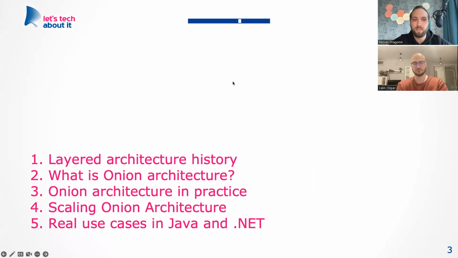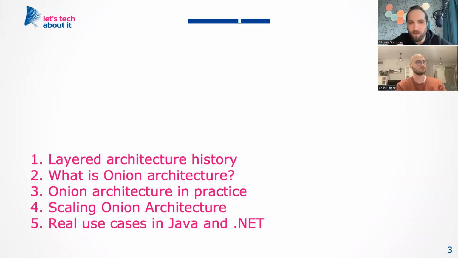So the way we are going to approach this presentation, basically we'll start with a bit of context, mostly how layered architecture evolved over time. And then we're going to go through some details of what onion architecture is in theory. Of course, the theory is not the same as the practice. So if you later on decide to use the onion architecture in your application, most probably you will have to choose how some of the cross-cutting concerns will work. So we are going to spend a lot of time in this area because we want to share with you a few practical tips that hopefully will help you make better decisions. And of course, at the end,